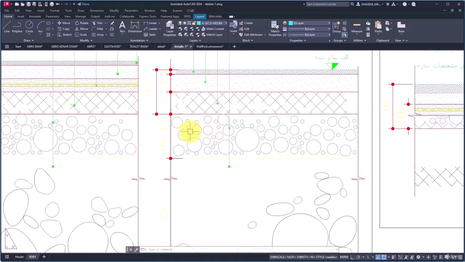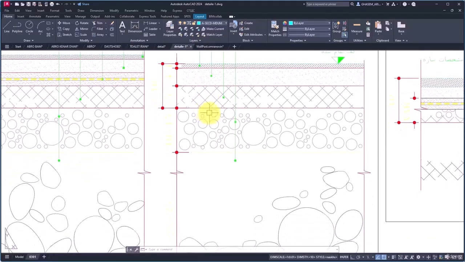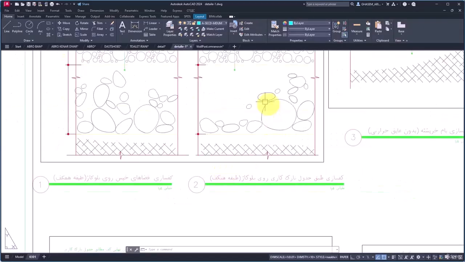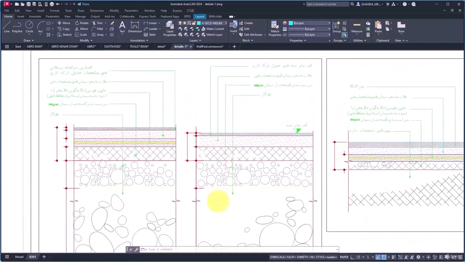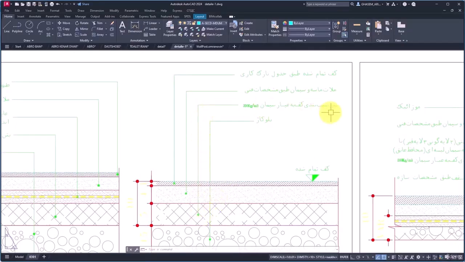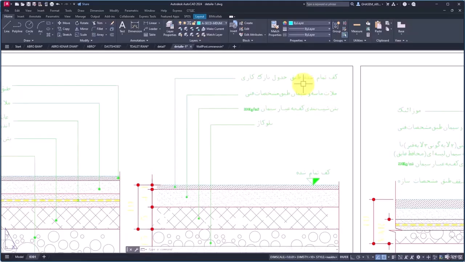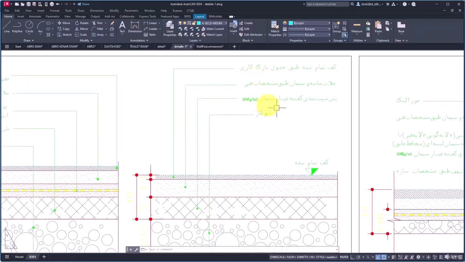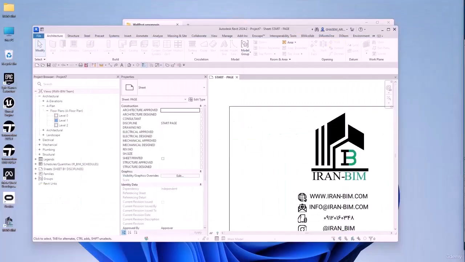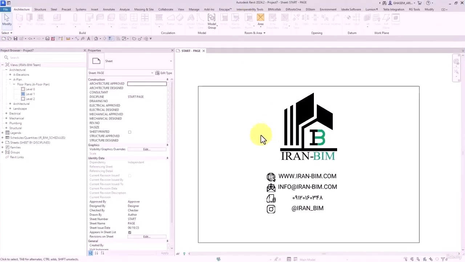So, at first, we need some details like these details. To have these details, you need to have joinery and building stiffening separated from each other. Right now, this part is flooring of the ground level. After that, this level, and then the joinery work layer of this section. And as you can see here, sloped concrete, sand and cement mortar, and joinery layer. And for sure, you need a joinery table to know about the materials which you need for this layer. Now, here in Revit software again,